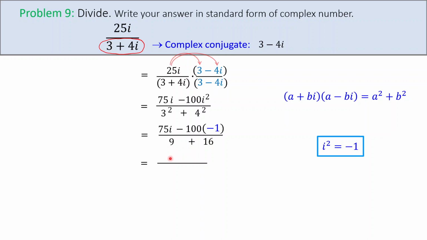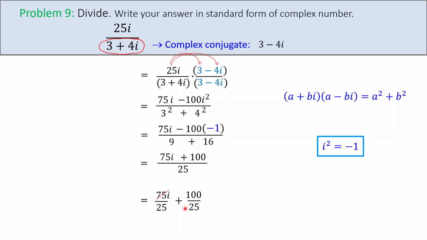So in the denominator, you have 9 plus 16, 25. Here 75i, negative 100 times minus 1 is positive 100, equal to. So now you need to write the answer in standard form. So you need to separate the imaginary part and the real part. So divide this by this, plus this by this,